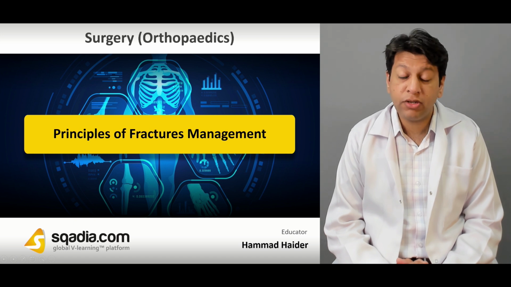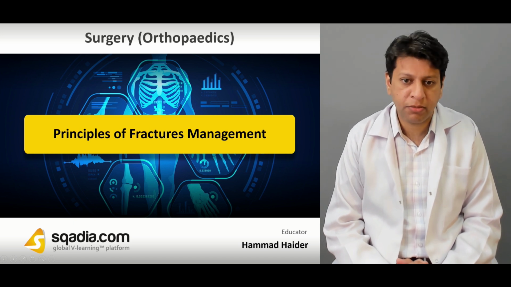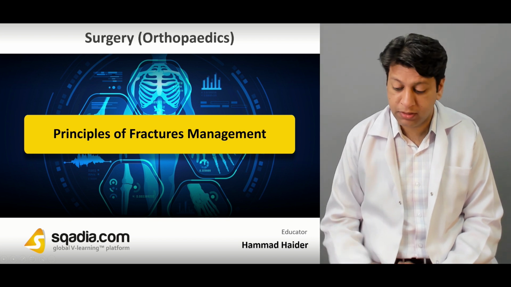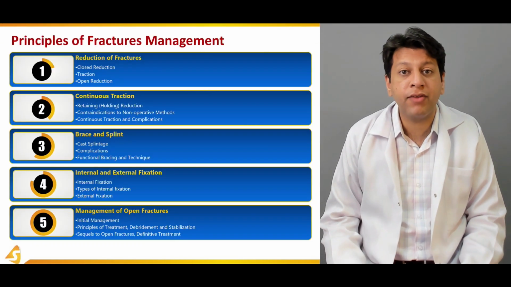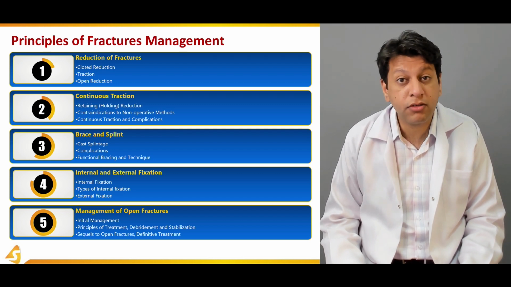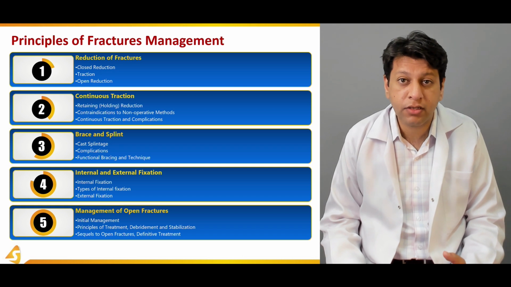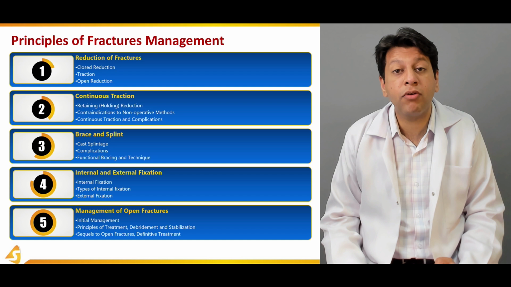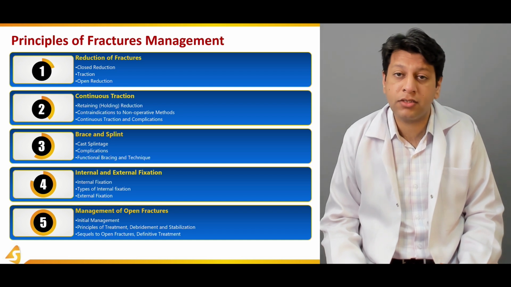Today, as we are continuing with our topics of fracture management, we'll be discussing principles of fracture management. As usual, we will have 5 sections. In the first, we'll be discussing briefly what is closed reduction of fractures and open reduction of fractures and how it is done. The next section will be discussing the role of continuous traction in form of either skeletal traction